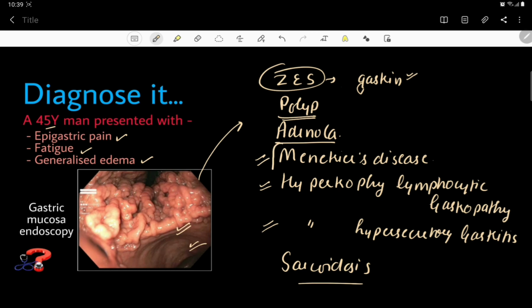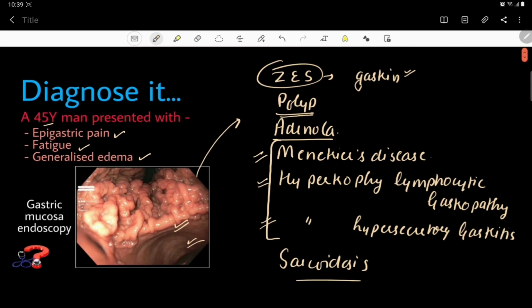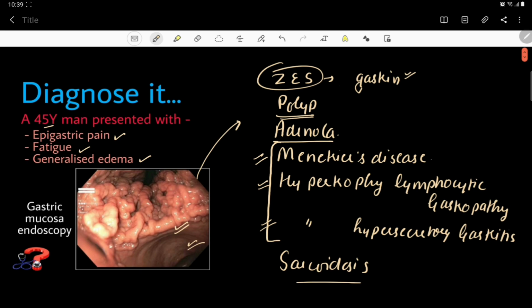Well, these three are kind of mimickers of each other, and these basically are differentiated on the basis of biopsy. Like in hypertrophic lymphocytic gastropathy, in the mucosa we can see lymphocytosis, that there are more number of lymphocytes in the mucosa. In hypertrophic hypersecretory gastritis, there is hypertrophy of all types of cells in the stomach